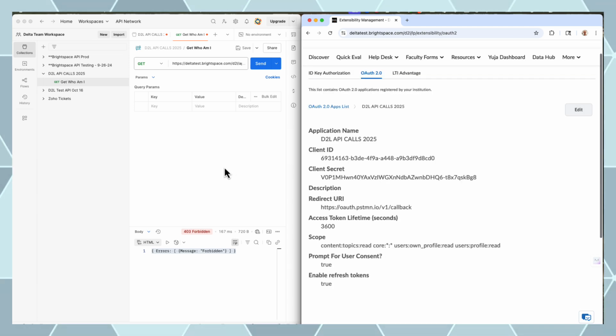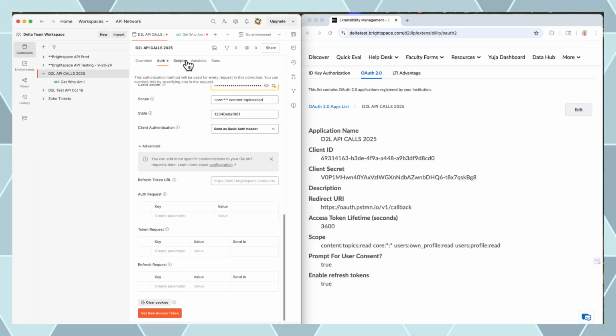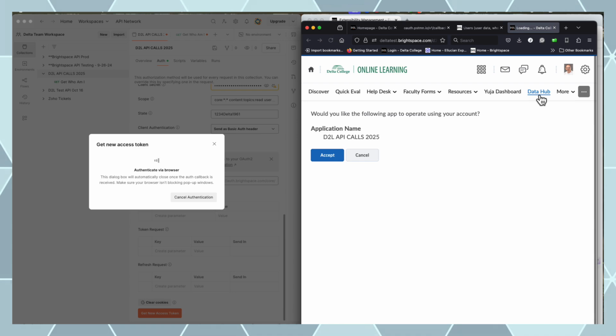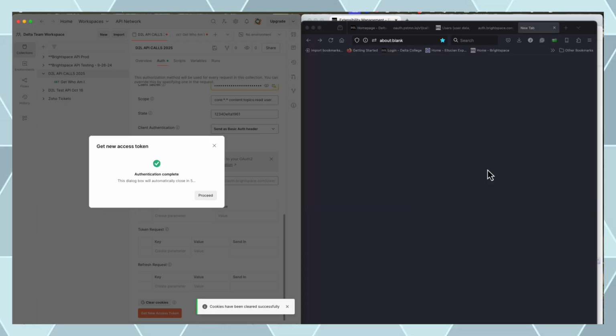We're going to jump back over to Postman. We're going to add it to the authorization there as well. Space, add it in there. And then we're going to get a new token again. Make sure you do this every time you add a scope. Accept it, add it, use it,